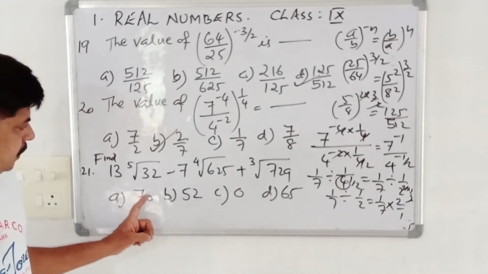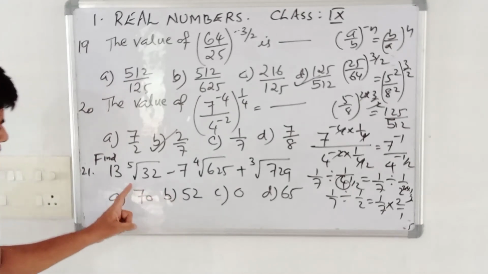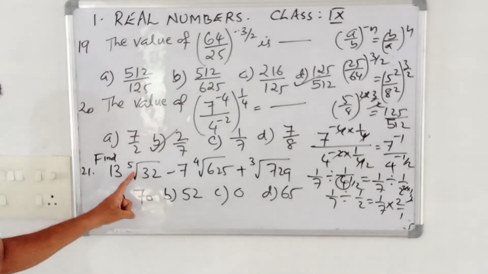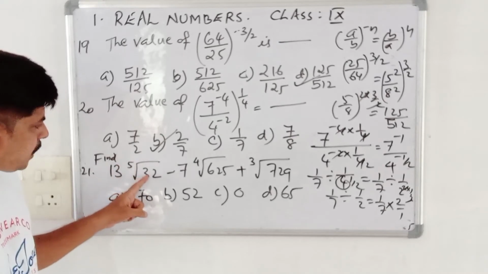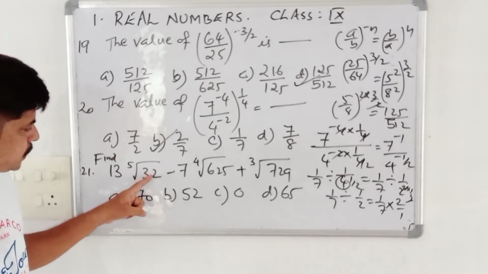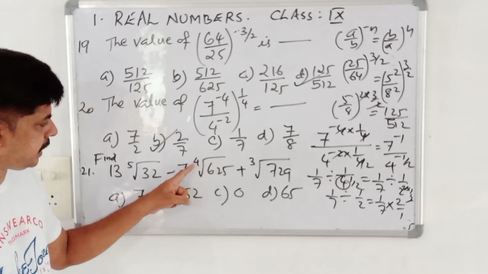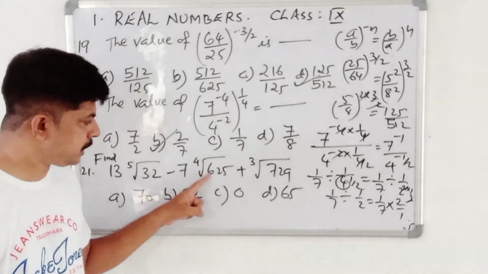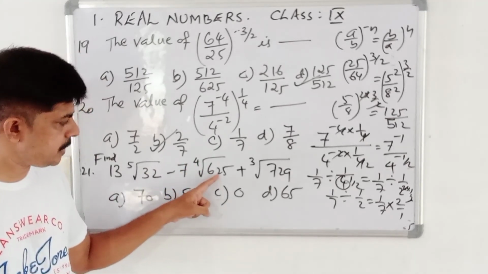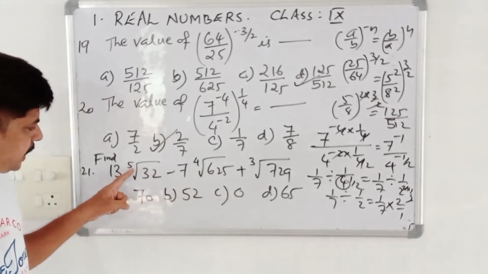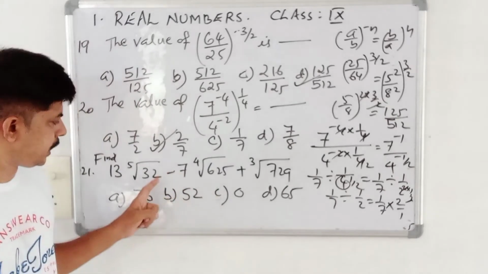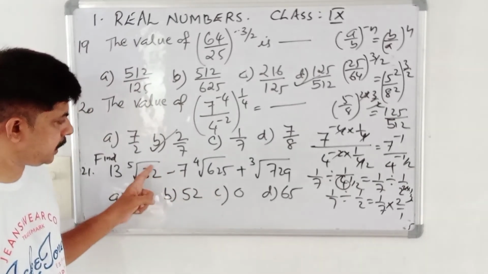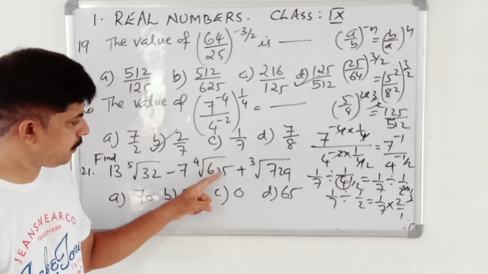Okay, next one we have to simplify 30 into 5 root 32. How will you write the 5 root 32? We have the index 5. 32 can be expressed as 2 raised to 5. Here we have index 4. We know that 5 four times is 625. Here, as we have the index 5, 32 can be expressed in power notation as 2 raised to 5. 5 raised to 4 we have 625.